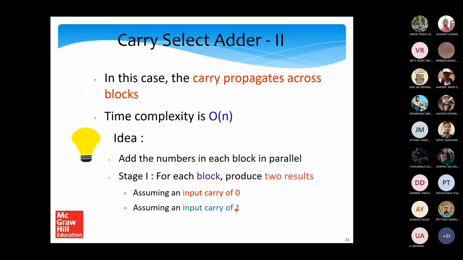And because you have n by k blocks, you'll have to select the carry. You'll have to select the sum. So that selection of the sum takes n by k time, because all selections cannot be done together unless the previous block's result is available. You can't do it. Okay. So that's why